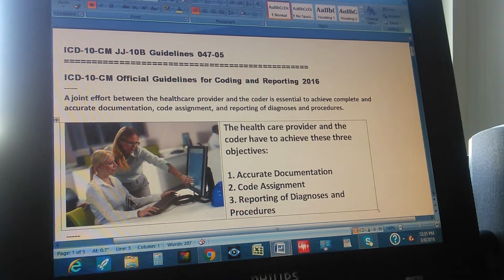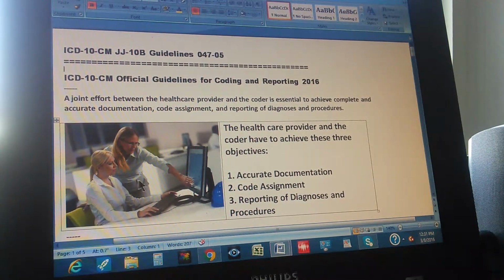This is the healthcare provider. This is the doctor, right? You can see that he has his doctor stuff somewhere there, right? He's a doctor, and this lady is the coder, right? So they both have to achieve these three objectives. What are the objectives? The objectives are accurate documentation, which means that it has to be precise and on time